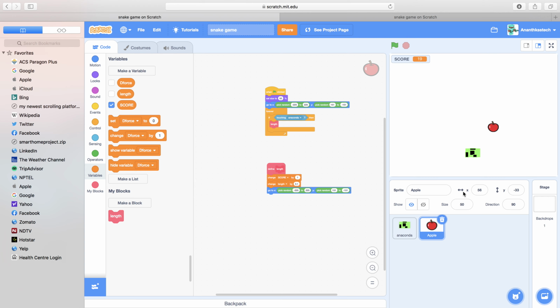So the apple must be reduced. So we are going to set size to, let's say, 30%. Now let us start again. Next thing you know, score 1, score 2, score 3, score 4, score 5. Now the scoreboard has been fixed quite nicely.